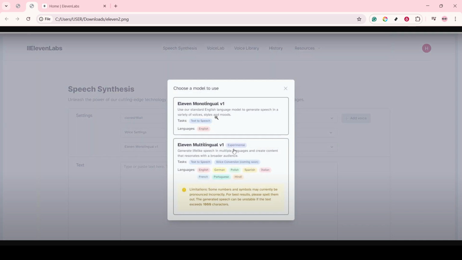Find the option labeled 11 Multilingual V1. This is the key setting that unlocks a variety of languages for your speech synthesis. Selecting this option configures your account to use Elevenlabs multilingual capabilities, ensuring that you can synthesize speech in multiple languages efficiently. By selecting 11 Multilingual V1, you're tapping into an advanced feature of the platform that broadens your ability to